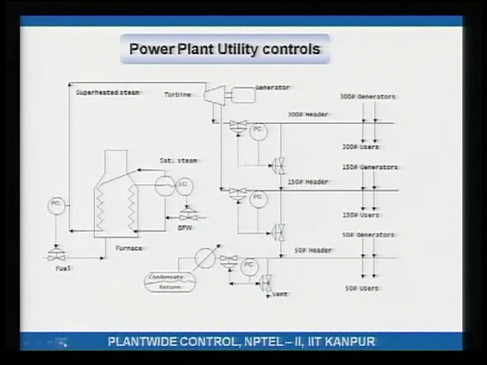Power plant utility controls. Well, why is this called power plant? Yeah, because you have that generator there. This is the steam unit in a large petrochemical complex. What you have is a furnace, and let us say you are burning diesel or fuel gas in that furnace. Water goes into the hot tubes which are exposed to the fire in the furnace. Oh, sorry, it's going like this.